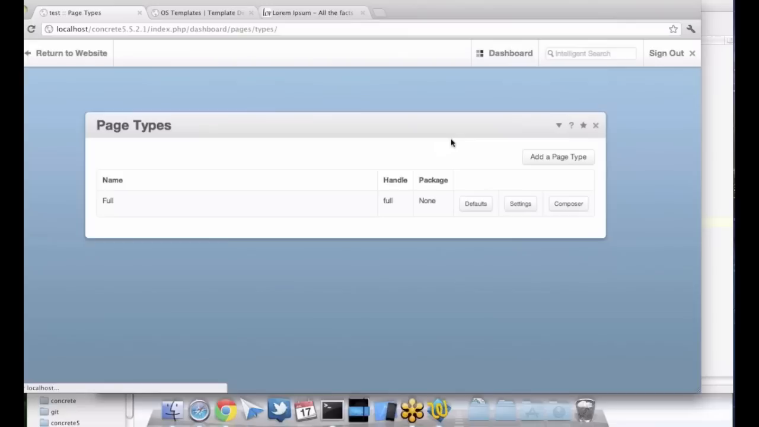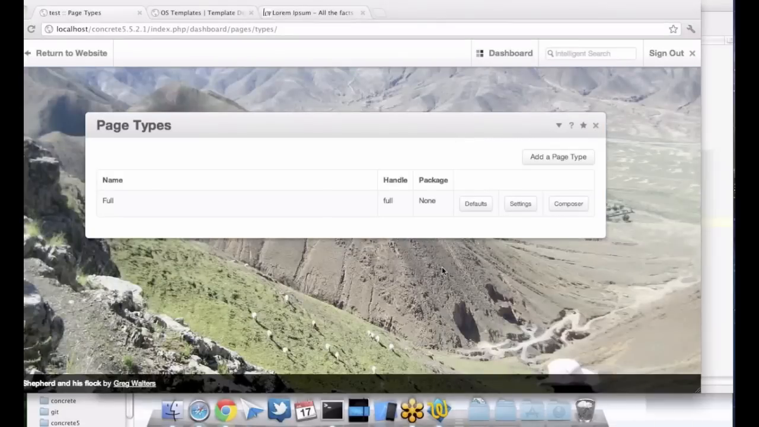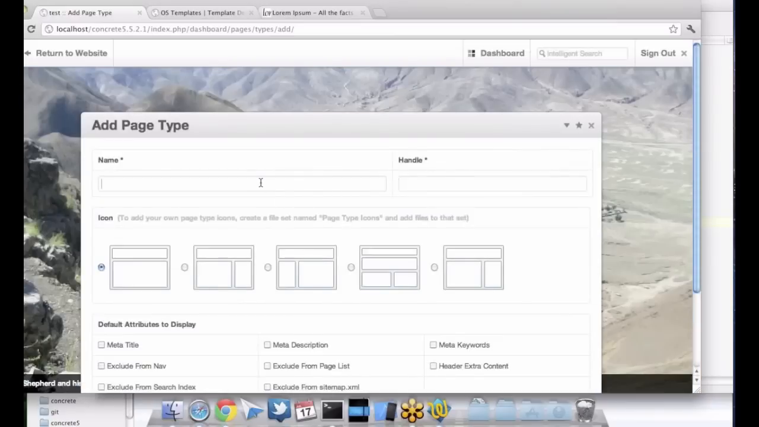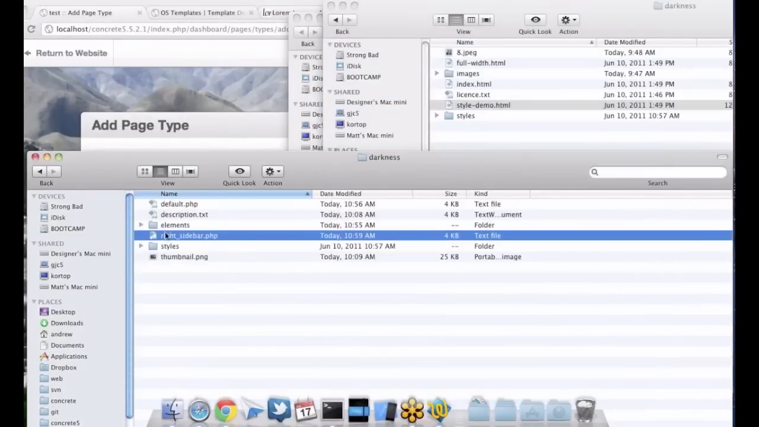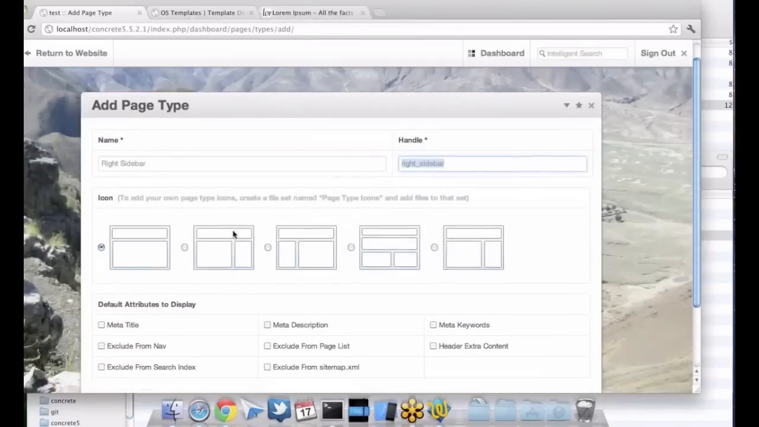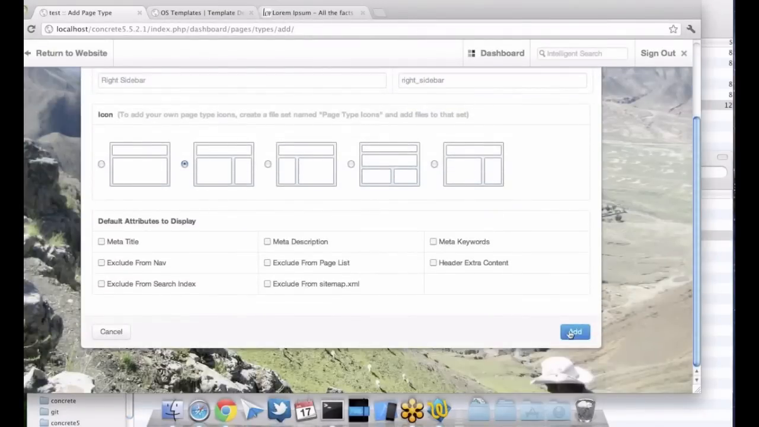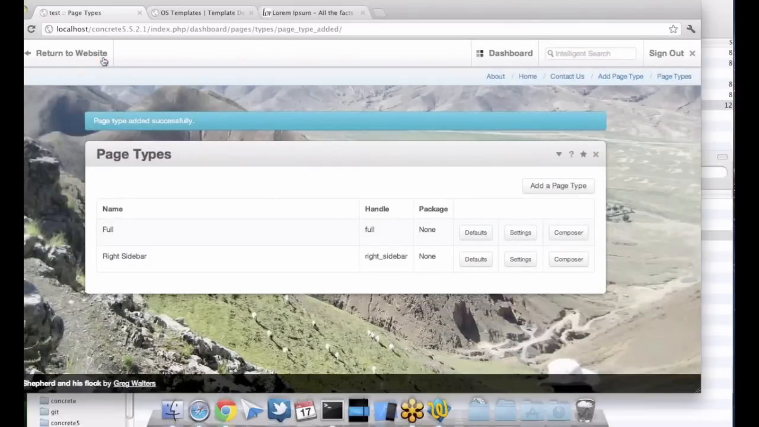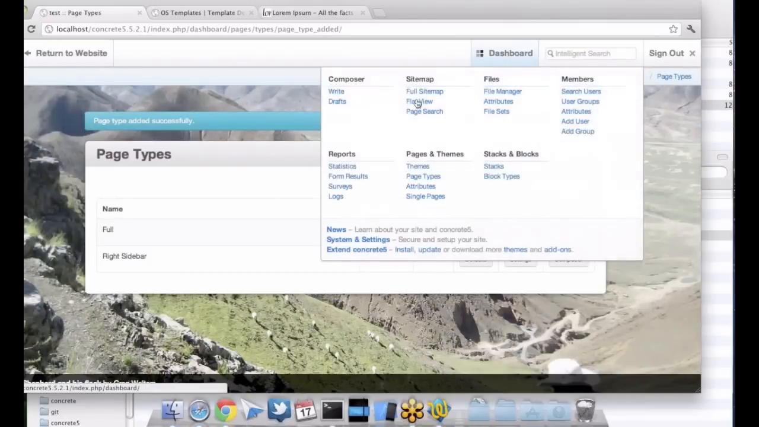So in order to start using that new template, I come into page types and I add a page type, and I can name it anything I want. But in order to get it to use this new template I've made, I need to make sure my handle is the same as the template file name minus the .php. So handle is right_sidebar, template right_sidebar.php. I can choose the appropriate icon, add that page type in there,